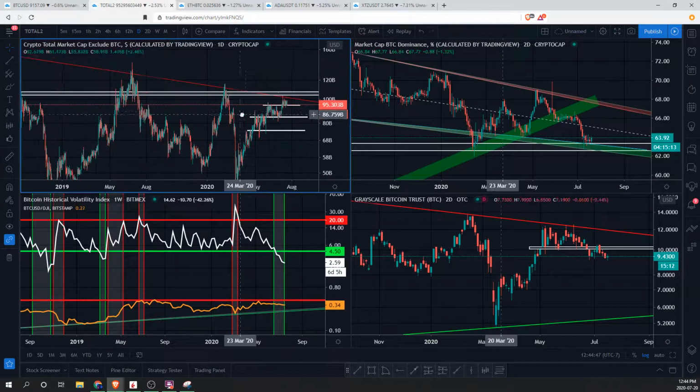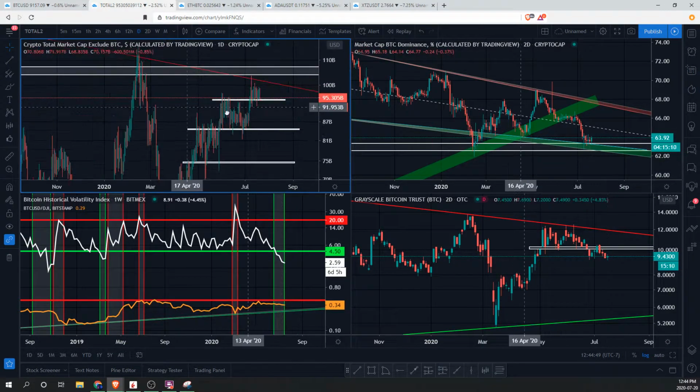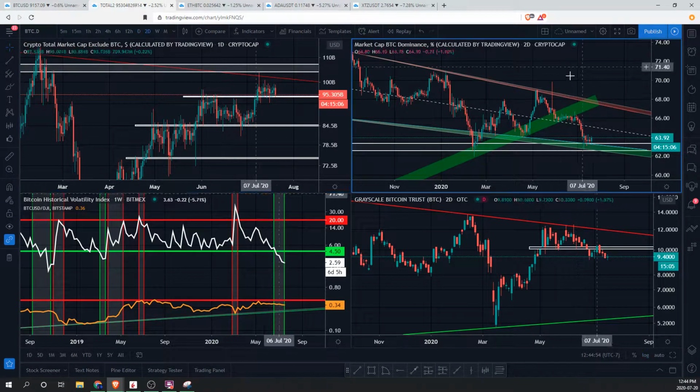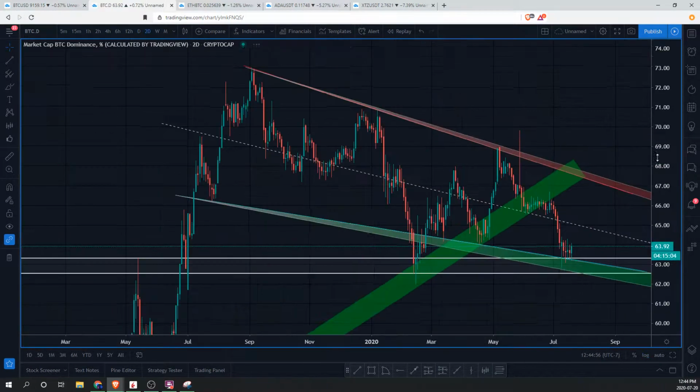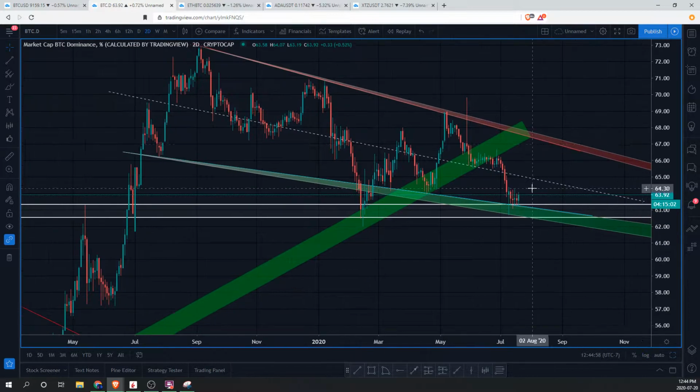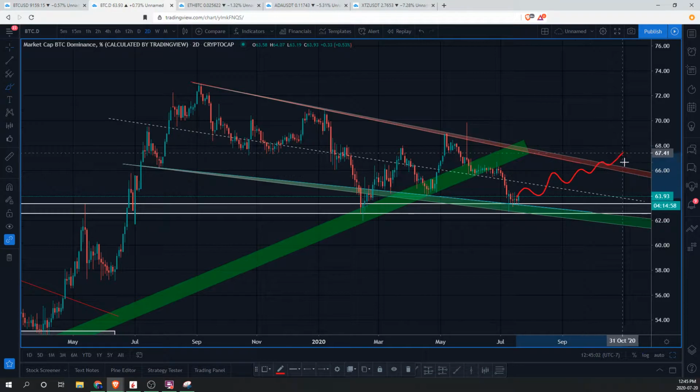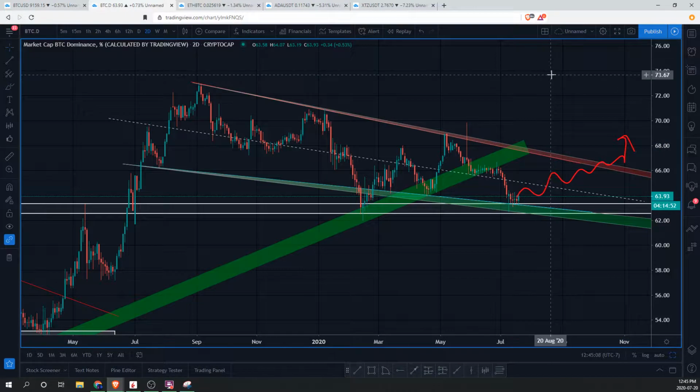All right, now we're going to look at BTC Dominance, because this is going to really give us a good indication of how altcoins are doing compared to Bitcoin. So we see not a lot, to be completely honest, a lot of consolidation. And like we said before, if this starts trending to the upside, that means that altcoins are losing market cap. It means that Bitcoin is taking more of the market share, which is a bearish indication in my view, because